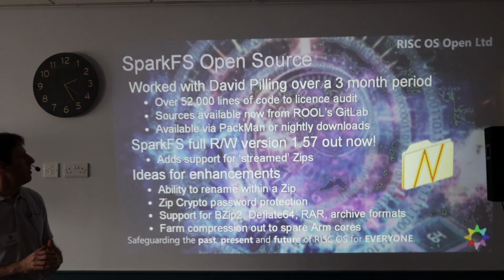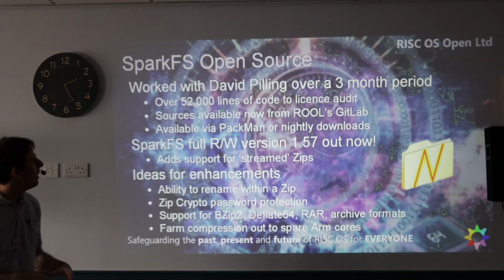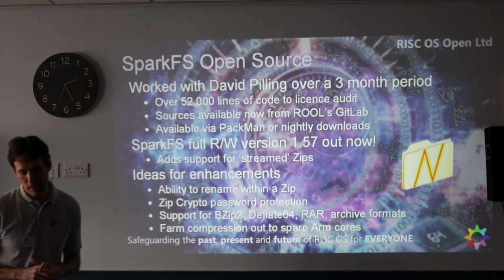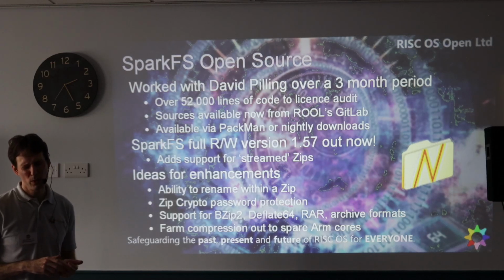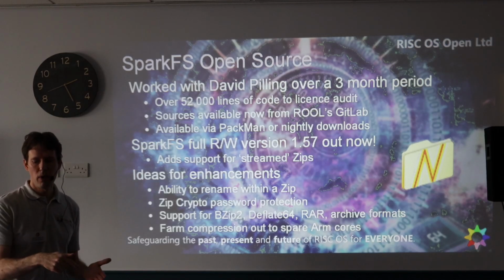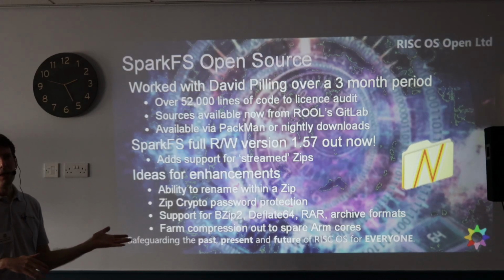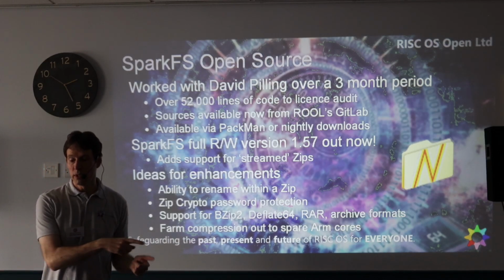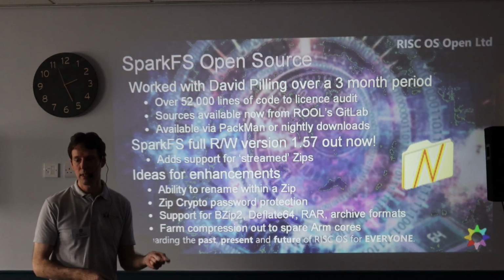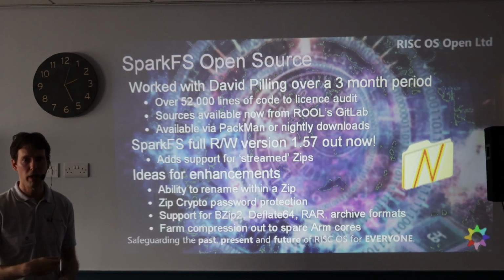So the most recent edition, SparkFS 1.57, that's available on the RISC OS Open downloads page, adds support for what are known as streamed zips, which you might not ever have been aware that you have used. They're sometimes called zips with data headers. It's basically if you go to a website where the thing that you're downloading does not yet exist, the zip will be generated on the fly. So if, for example, you were watching BBC News and you wanted that news report and downloaded it straight away, the chances are there isn't a server somewhere that already has that zip file sitting waiting for you to download. When you click the download button, the zip will be generated on the fly by converting the